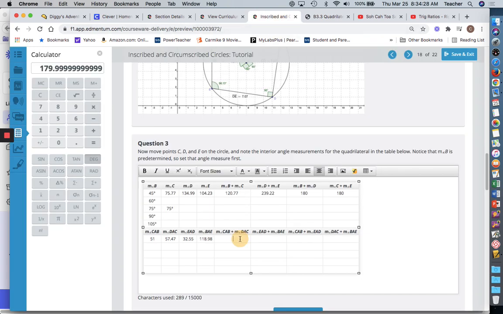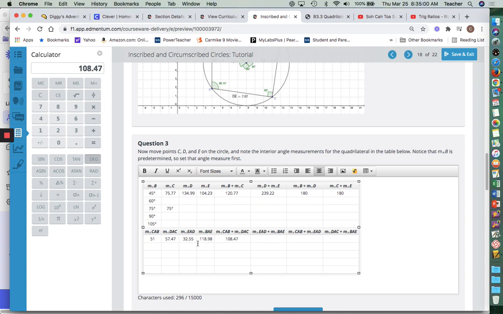All right, so again, I'm adding, but these are central angles. I don't think they're going to have anything in common, not like the inscribed angles. Well, let's do it. 51 plus that 57.47. All right, I get 108.47. Now I add the angle A with the other A, so I'm going to add this EAD